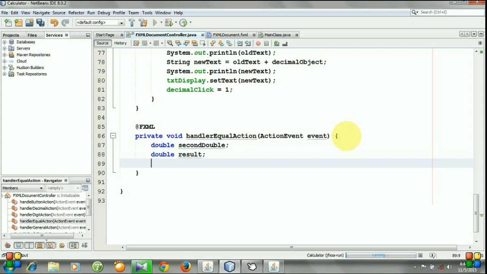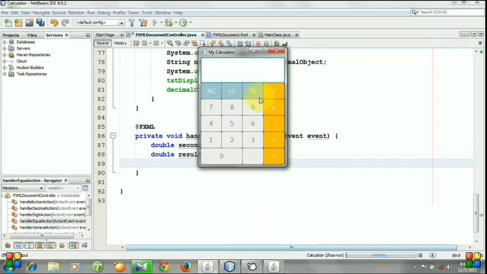So the second double will contain the second text string. So we need to first catch the string of this text field.